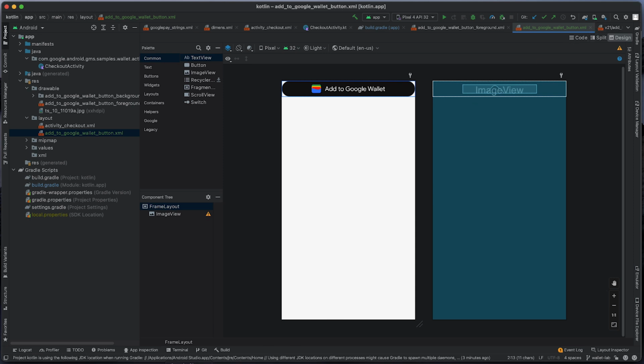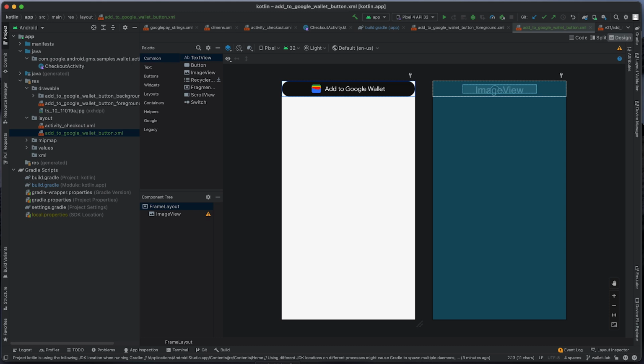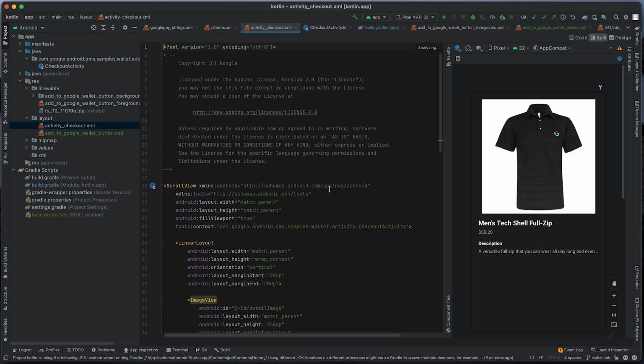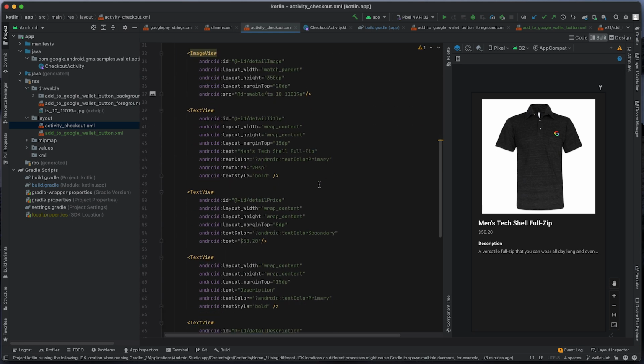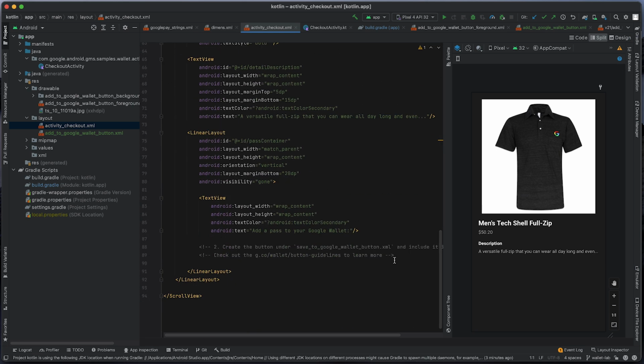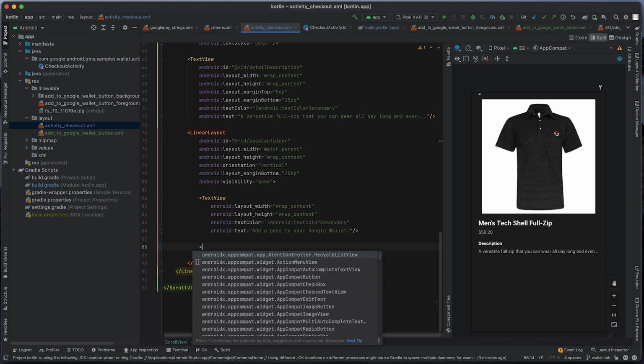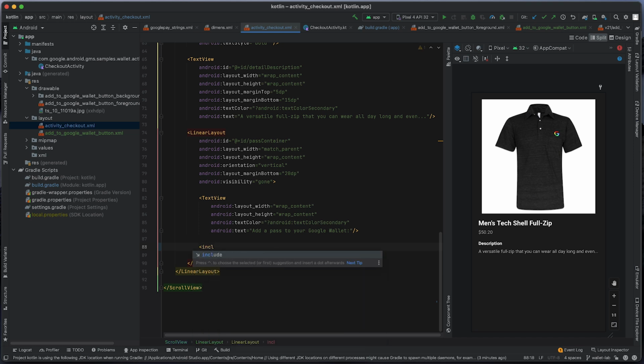Great. Moving on. The last step needed is to add the layout that you just constructed to your final user interface where you're planning to show the button. So that's going to be, if you're using our sample application, the activity checkout. If you scroll to the bottom, you'll see another comment indicating where we think the Add to Google Wallet button should be placed. So since this is a composite layout, you'll want to use the include tag